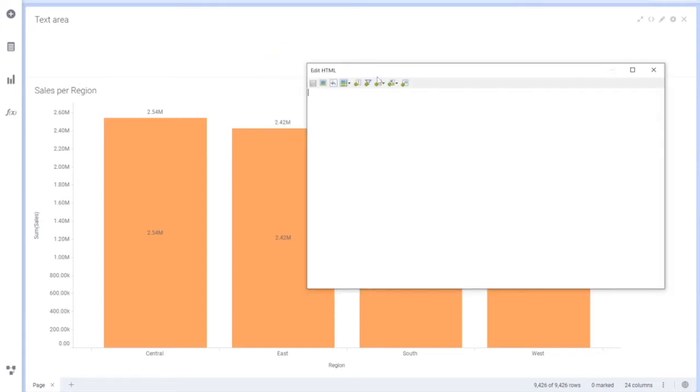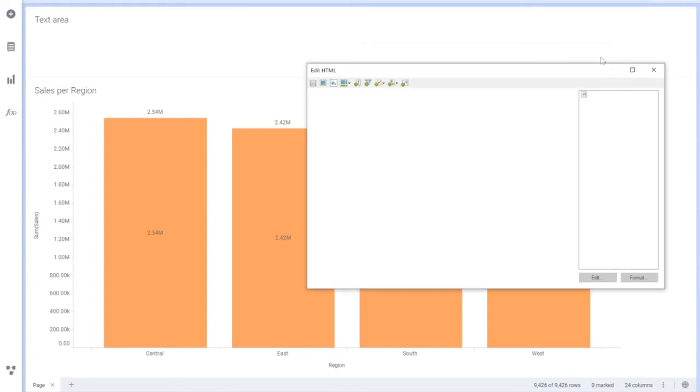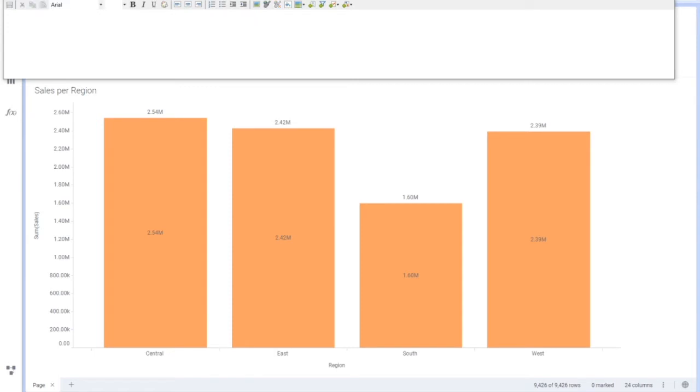So here you see the HTML. If I say HTML, I can do this JavaScript and all that stuff here, advanced stuff here, customizations and all that. So if I click on edit text area, I'll be in the edit mode of the text area only. Here the script option is not there, but you can reach that place also from here. We can see all those things in videos.